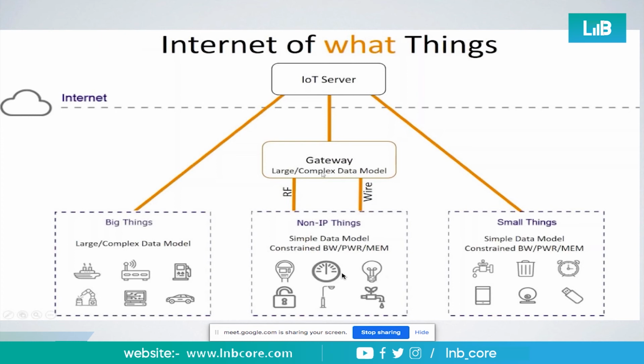So my AC, my lighting, my fan, other switching devices, every single device was connected with a separate sensor or microcontroller mechanism. So every single device, if connected with this particular gateway, either with wired or wireless connections,